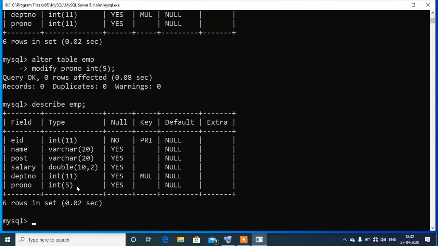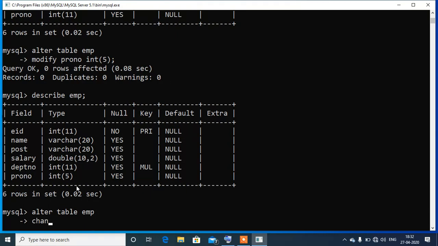Now again if we want to change the int 5 to int 11 by another way, we can also use the change statement, and in that case we need to write alter table EMP change, old column name, pro number, new column name.